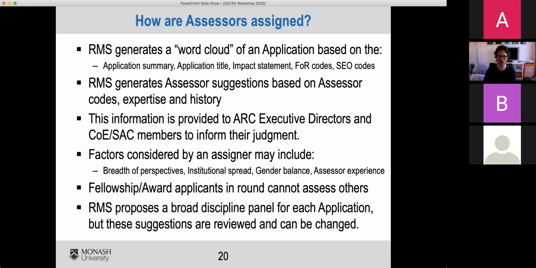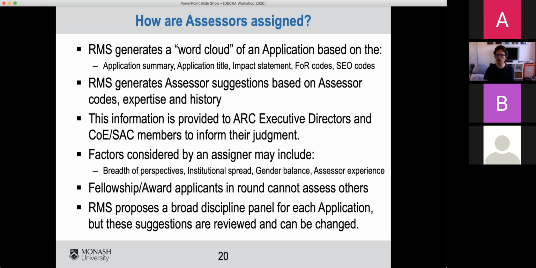And then it uses that whole suite of information to identify people who have overlapping skills and experience. And then the computer generates a list of assessors. That information is then provided to the ARC executive directors and the College of Experts or Selection Advisory Committee members to inform which assessors are chosen.